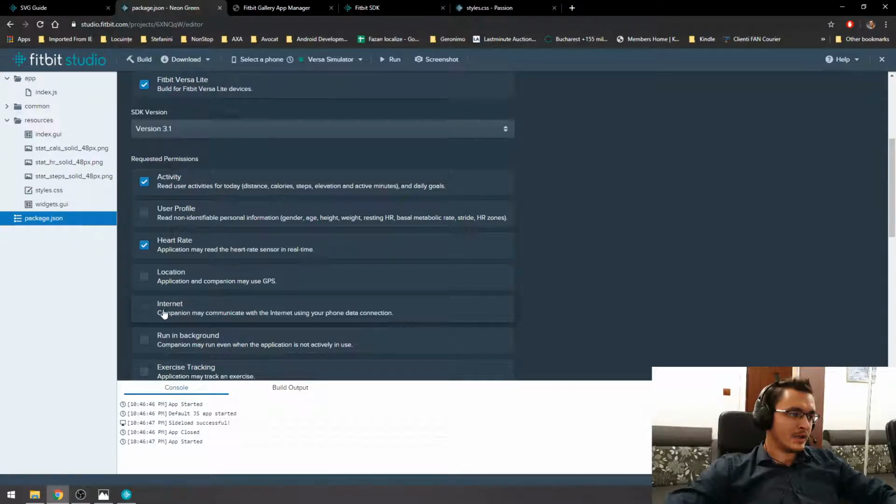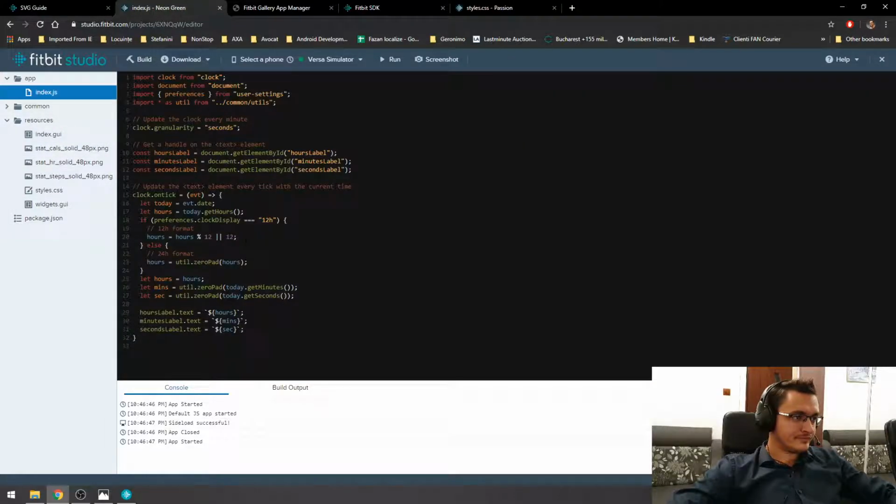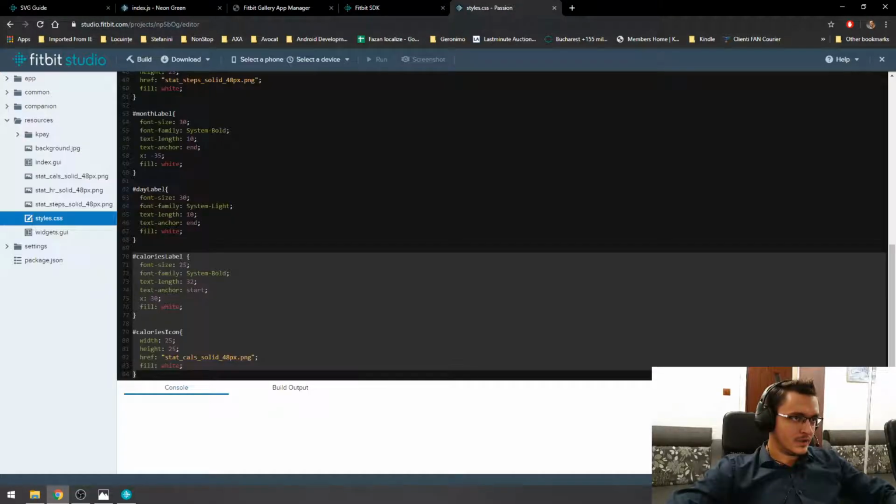We will need the internet part later on for the payments, or we can just check it now. In order to make a clock theme to be paid for, so if you want to put a price on your clock theme, you need to have this enabled, the internet permission. Okay, so now we also need to,